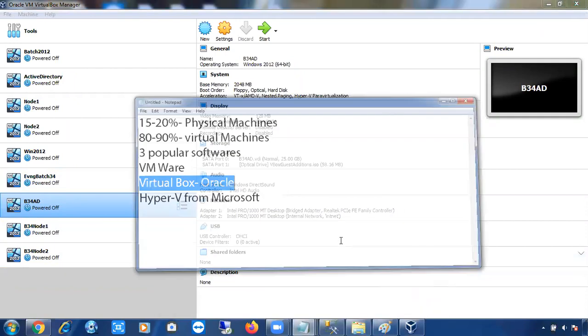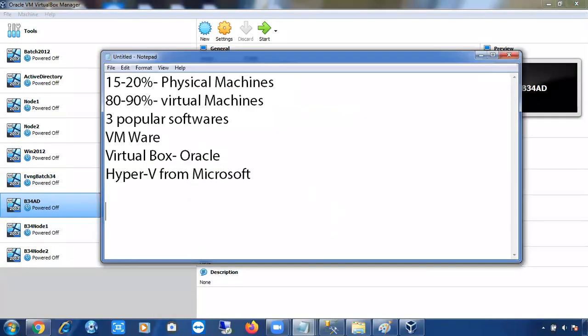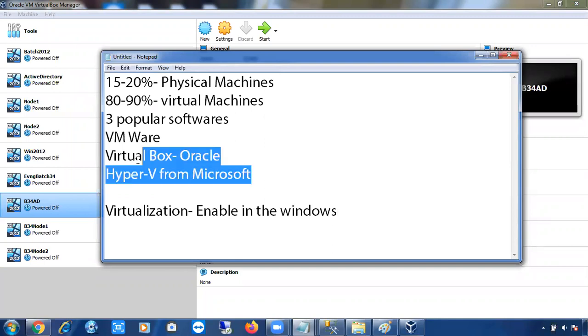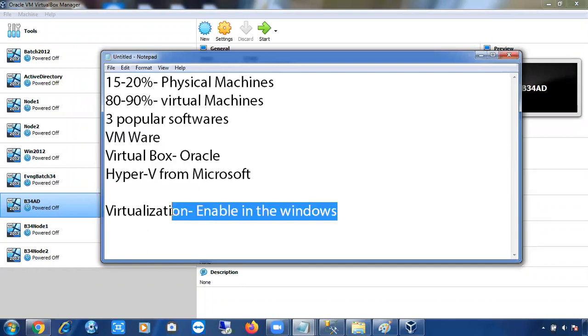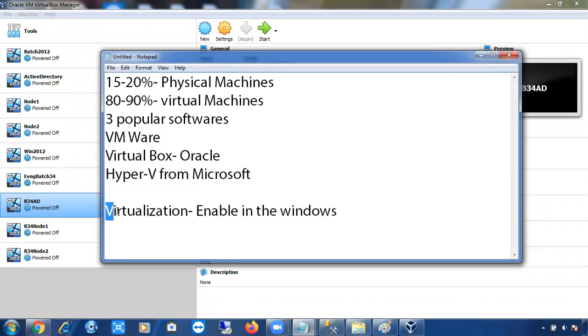If you want to install these virtual machine softwares, there is an option called virtualization. This option should be enabled at the Windows level. So if you want to install VirtualBox or VMware or Hyper-V, any VM software, in your laptop, first the virtualization option should be enabled, or else after installation also you can enable it.